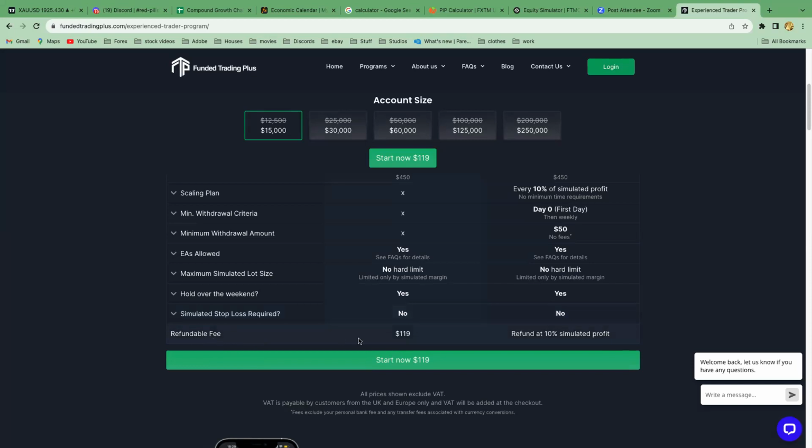And then you only get your refundable money after you've made 10% on top of your live account as well. To be fair, it's kind of similar to MFF, because MFF was after 2 phases. So technically, you've got to get 10% twice. So you've got to make 20% overall before you actually get your refund. A bit of a bummer, but hey, if you've made profit going towards that 10%, you've technically made your money back. Do you understand what I mean?